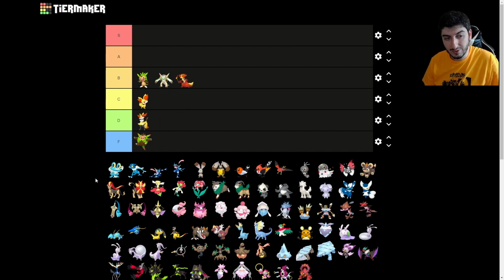And now we got the Froakie line, which I used Froakie, I want to say, in Y version, because in X version, that was my main file. I started with X, and I used Chespin, and then I used Froakie in Y. Yeah, that sounds right. So I'll throw Froakie into...